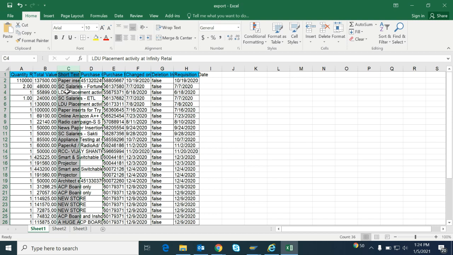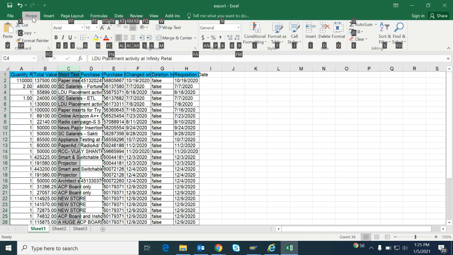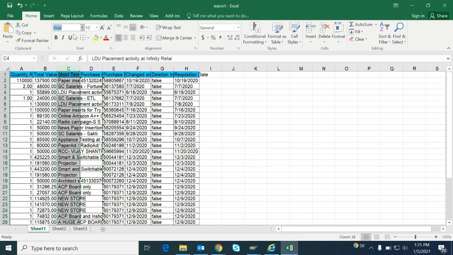Suppose we are just changing the font. So I again press Alt on the keyboard. Now I can see F, H, and H is for Home. As we know, for changing the font name we have to go to the Home menu bar. So I will press H and go deeper into it. Now I will find where the font name is. For that we have to enter double F. I have entered double F, and now I am in the font box.